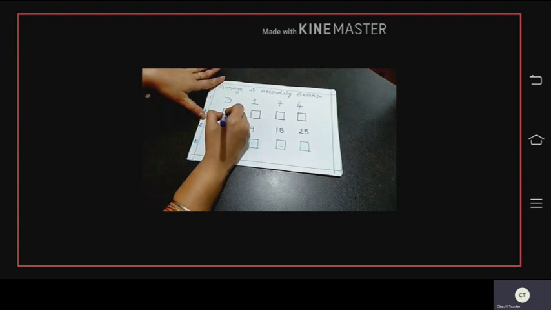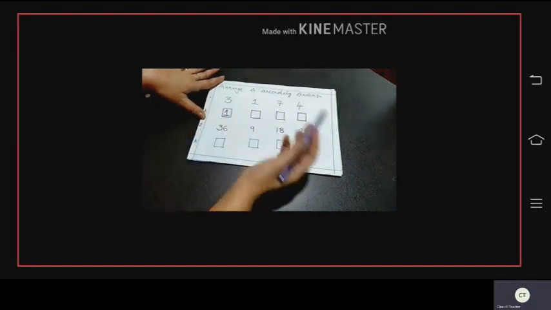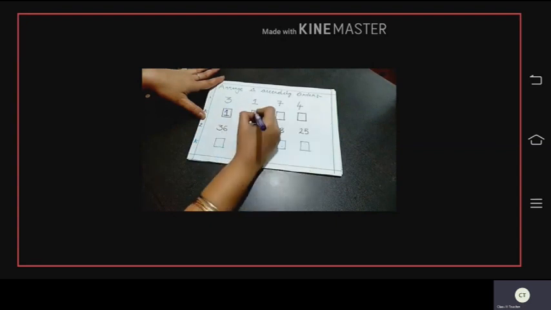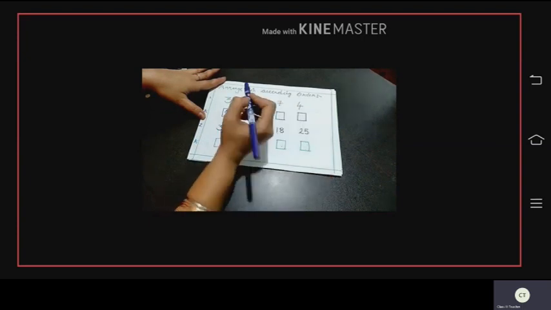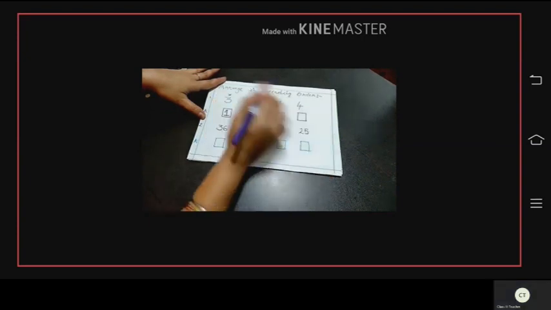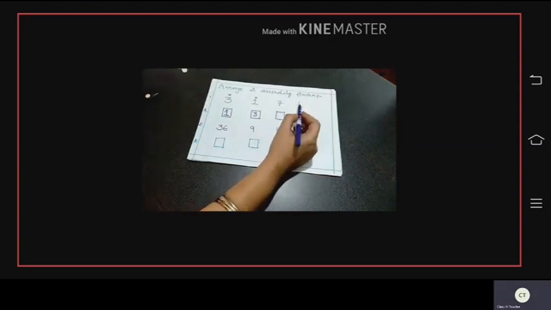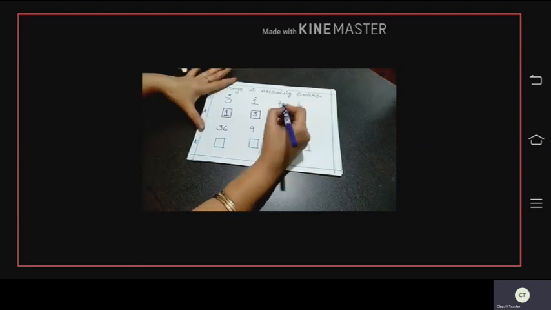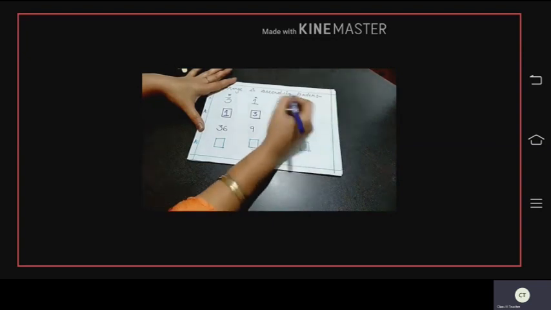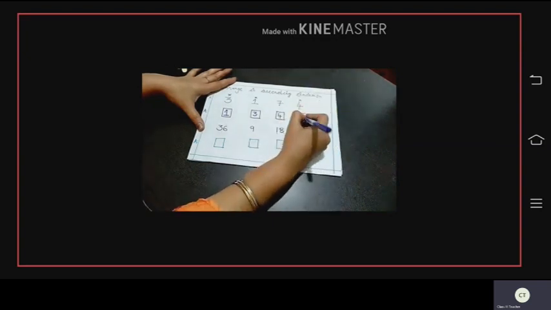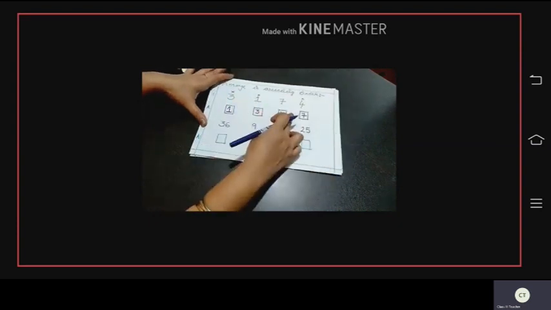Okay, which number will come first here? Sure. 1 will come first. Can I write here 1? Okay, 1 is correct answer. Observe these numbers. Then 2 is not there. So 3 we have to write here. Okay, children. Now cut the numbers, whatever numbers you have written here. Now you observe 7 and 4. Which is the smallest number? 4 or 7? 4. Write 4 here. And 7 is the only number left. So write the number in the last box, 7. The numbers from smallest to biggest: 1, 3, 4 and 7.